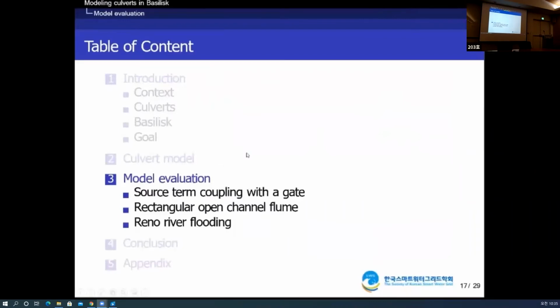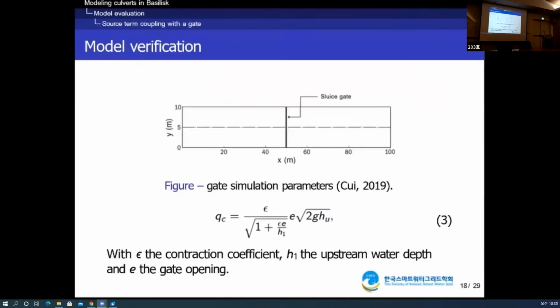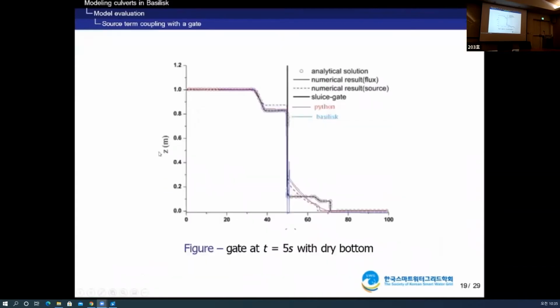So to evaluate this model that I just presented to you, there were some study cases. The first one is a very simple gate without all the equations that I just showed you. It's a simple equation for the water heights, but just to verify that the source coupling works with this simple case. So we have the discharge related to the water height upstream and downstream, and I verified that it respects the analytic equation. And you can see that the module has higher accuracy, simple